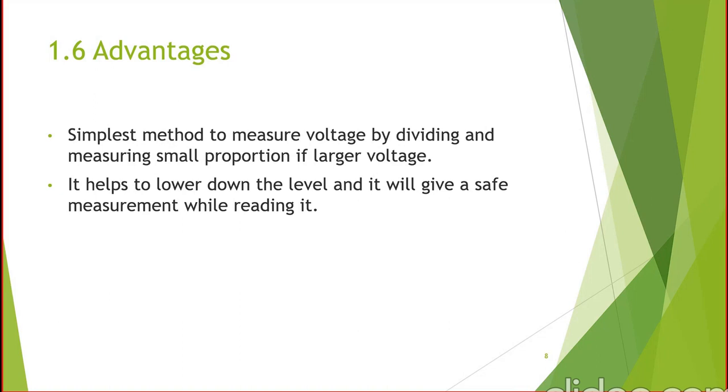Hello, I am Sanket Rathod, explaining the advantages and disadvantages of the mixed potential divider. There are some advantages, such as it is the easiest method to measure voltage by dividing, and in a test arrangement a large voltage can be transferred. Its ratio is constant and it has a fast transient response. It gives safe measurement and lowers down the level while reading it. Next,